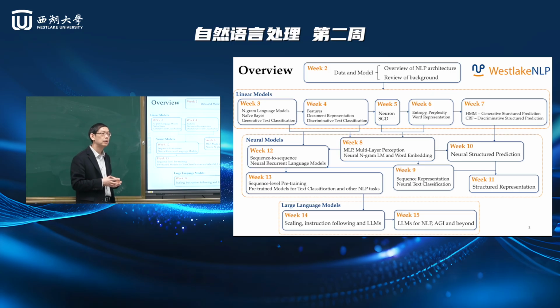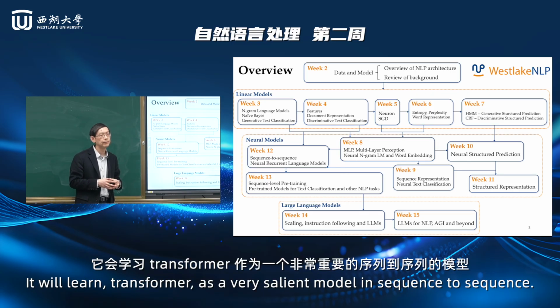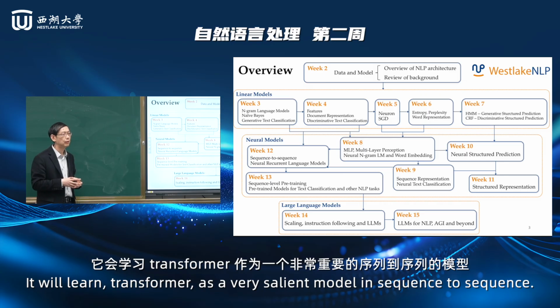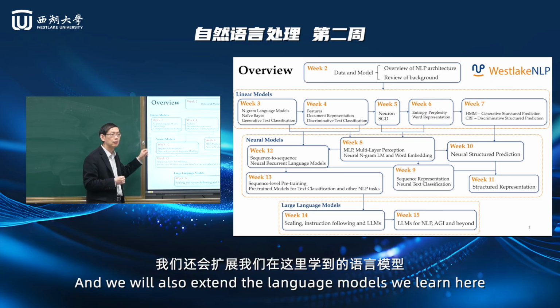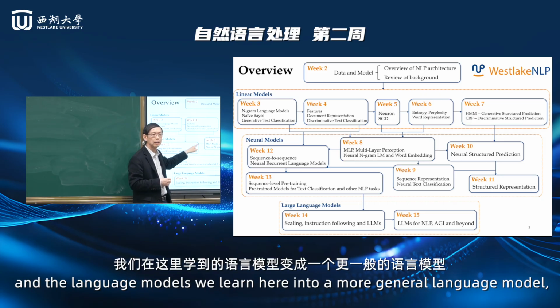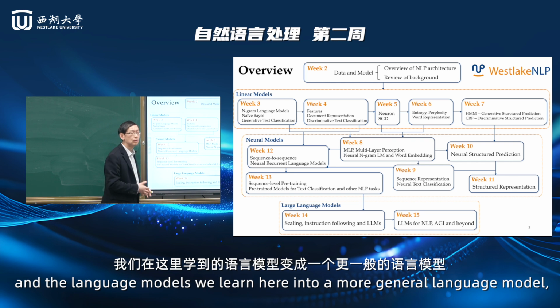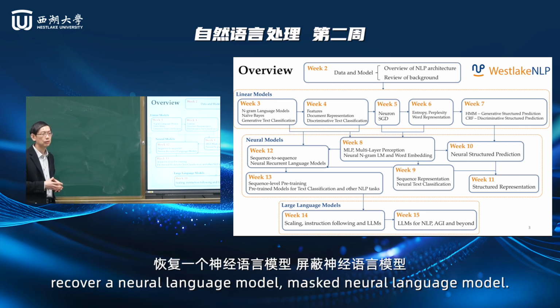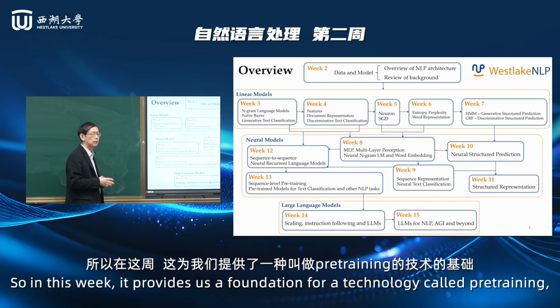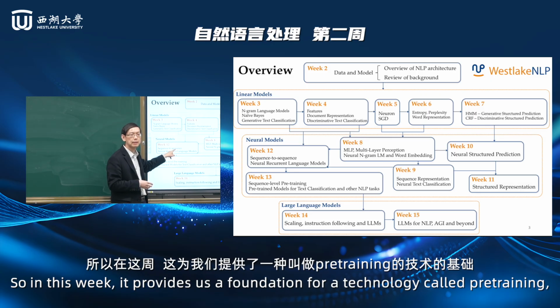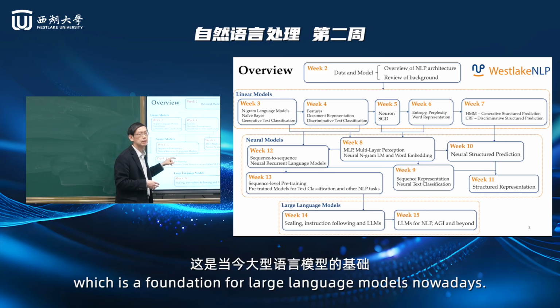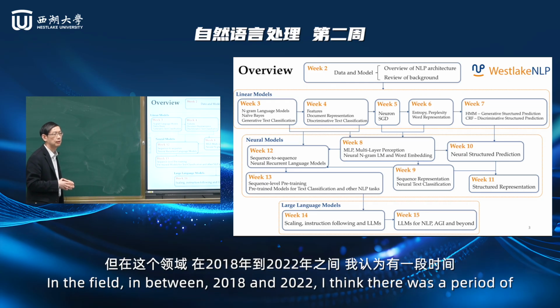So we will learn the transformer as a very salient model in sequence-to-sequence. And we will also extend the language models we learned here into more general language models: recurrent neural language model, masked neural language model. That provides us a foundation for a technology called pre-training, which is a foundation for large language models nowadays. But in the field,